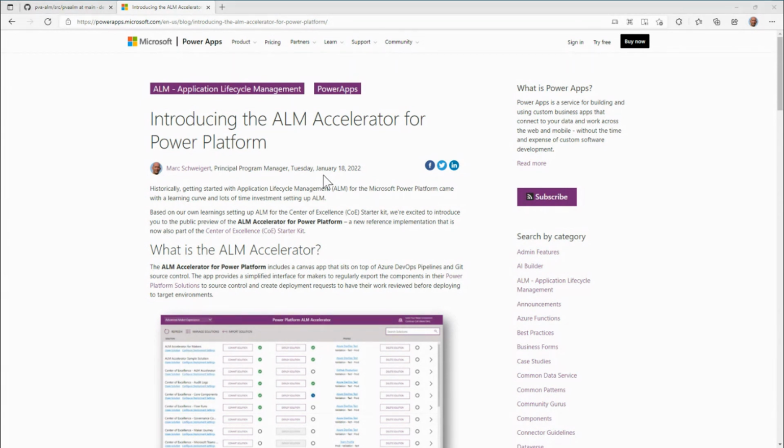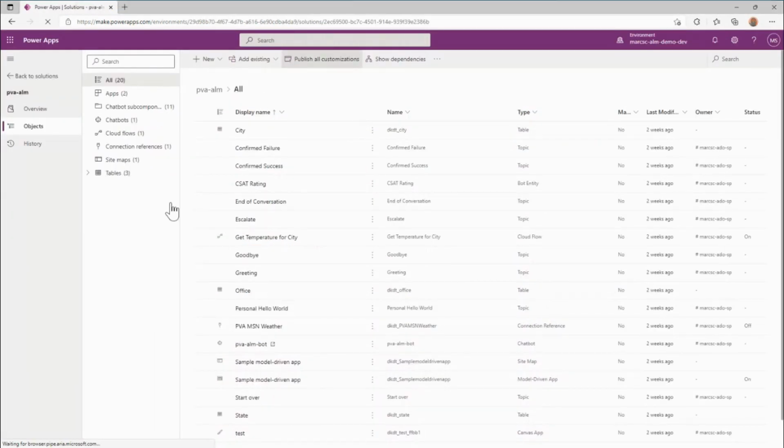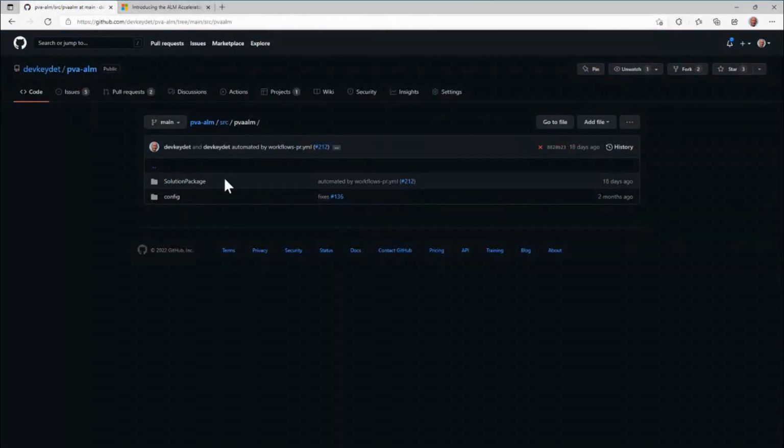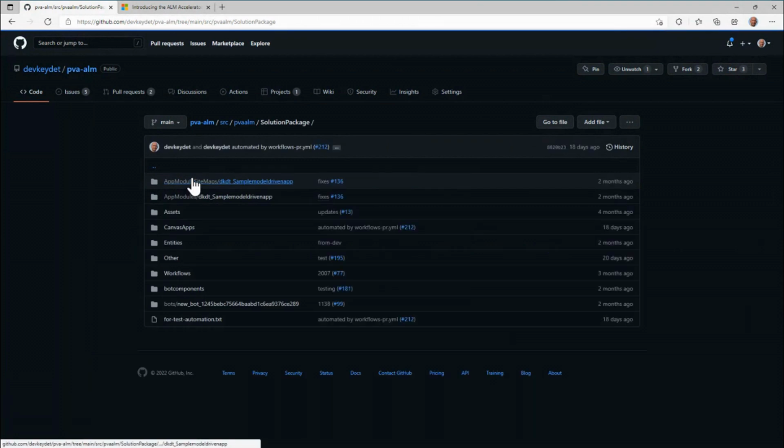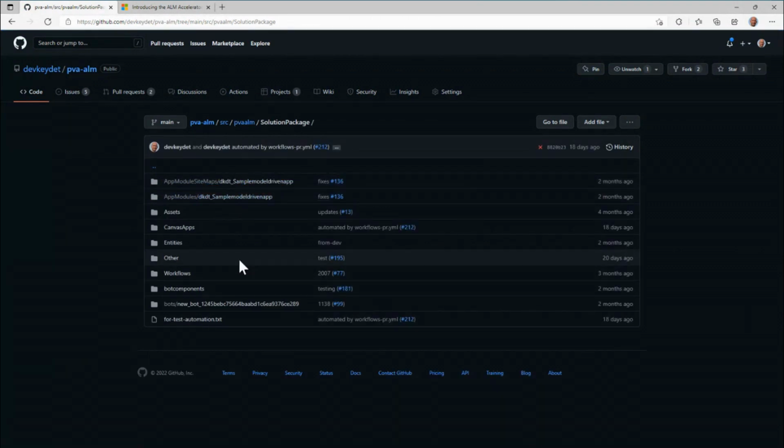But before I do that, I just want to point out that I have a Power Platform solution here that has chatbot subcomponents. It has a cloud flow and connection references. It has some canvas apps. It has Dataverse tables. And I also have a public GitHub repo that not only contains the source code for what you just saw in make.powerapps.com, in this GitHub repo that we'll share a link to,